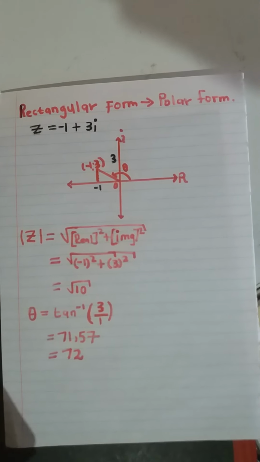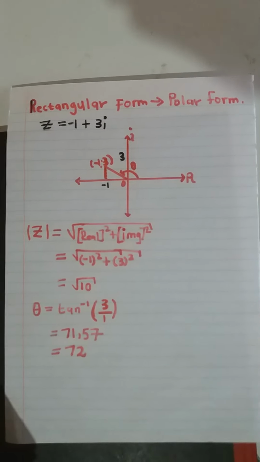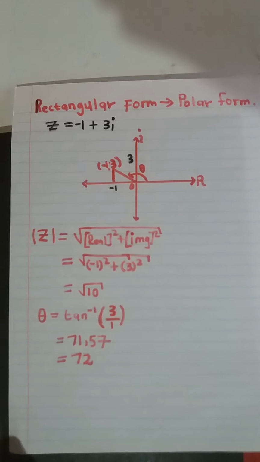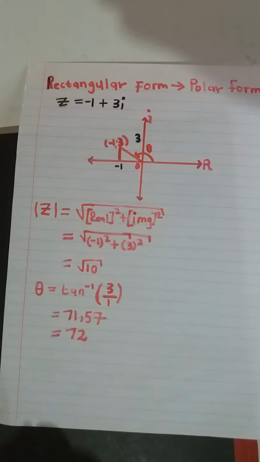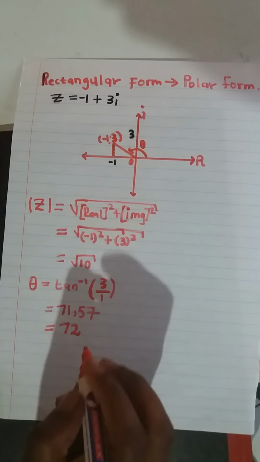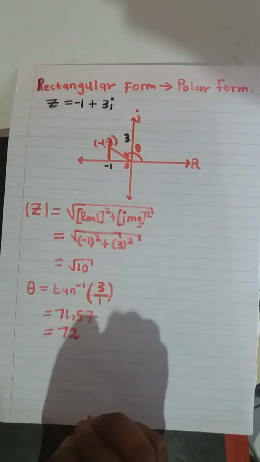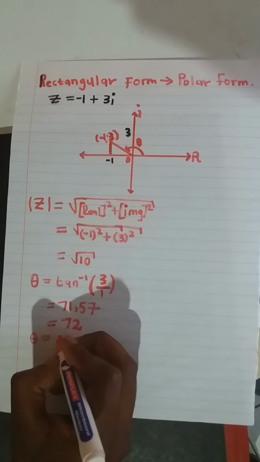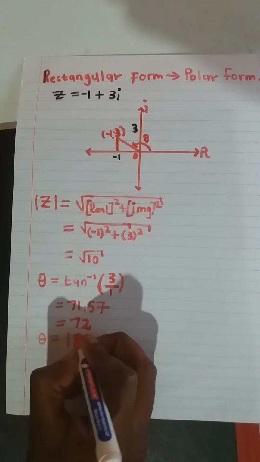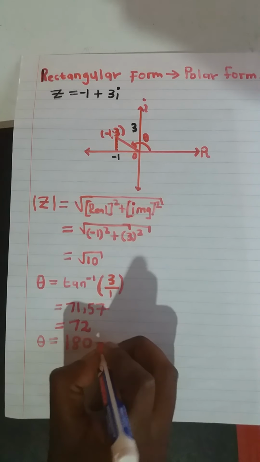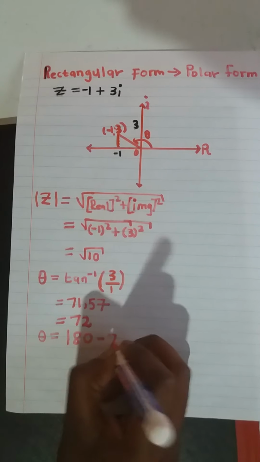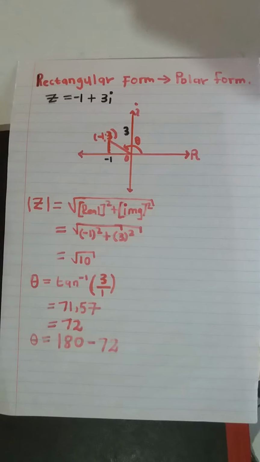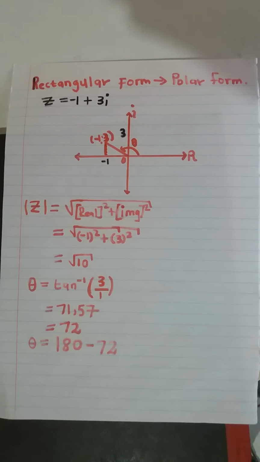Knowing that our angle, we are not done, it is falling under the second quadrant, we are going to subtract this value from 180. So we're going to say theta is equal to 180 subtract our value. I'm sorry about the marker. And then we are going to get